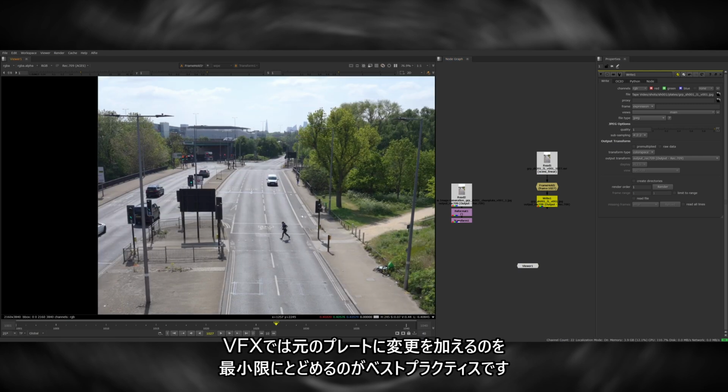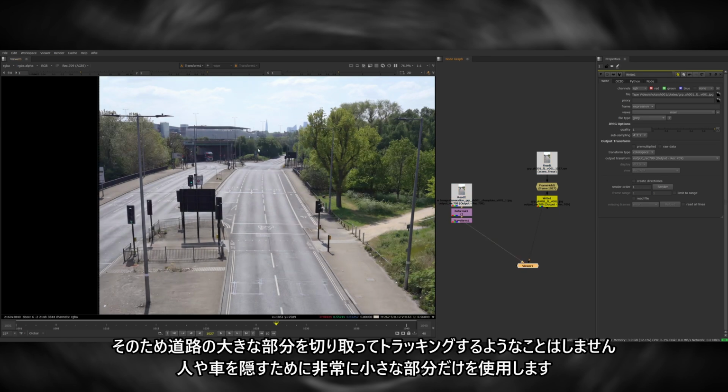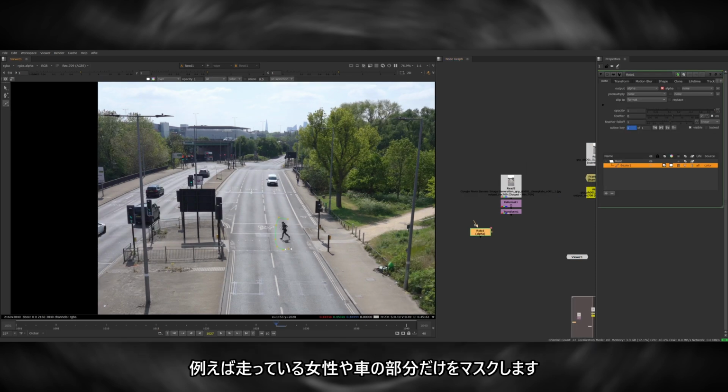Generally with VFX, it's best practice to alter your original source plate as little as possible. So in this instance, I wouldn't take a large chunk of the road and track it in. I would just use very small sections to cover up the people and the cars. So just to demonstrate, if I draw a quick mat around the woman running, and this car here, maybe the